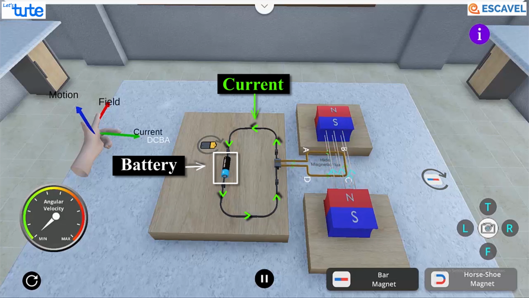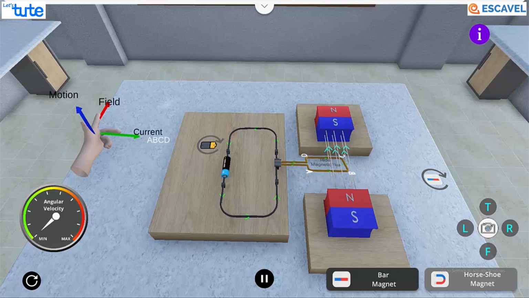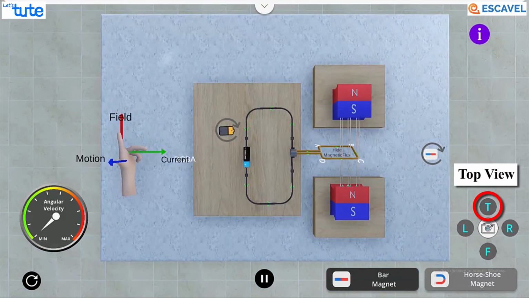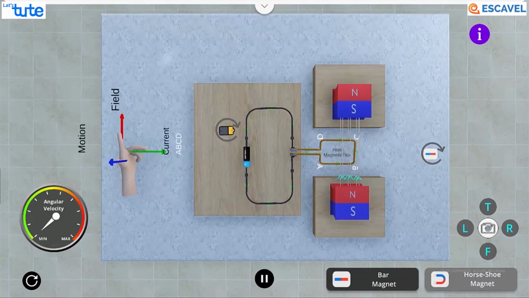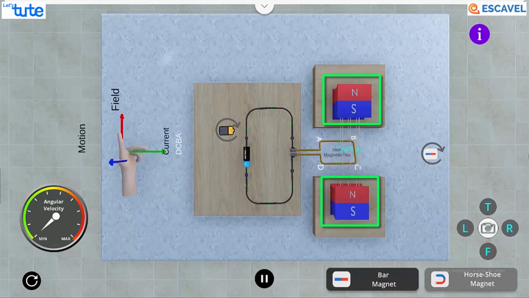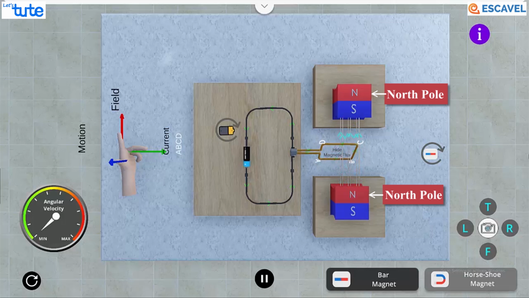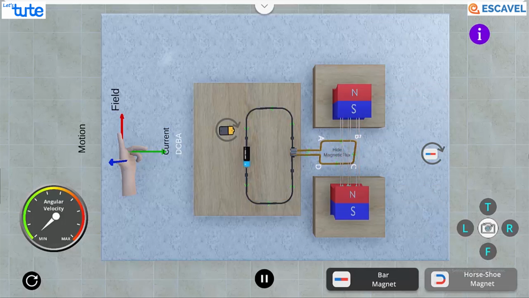Now let's see the process in detail, how the motor is able to rotate. Now let's look at the top view of the direct current motor. From the top view, you will be able to understand the construction of the motor in an easier way. As you can see, there are two magnets inside the motor, a north pole and a south pole. And within these poles of the magnets, there is a rectangular coil ABCD. Now, two ends of this coil, A and D, are connected to the split rings.